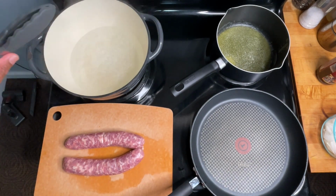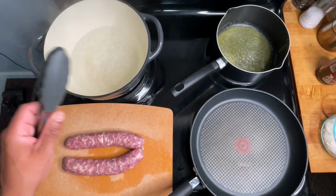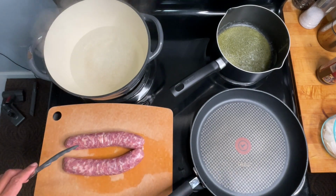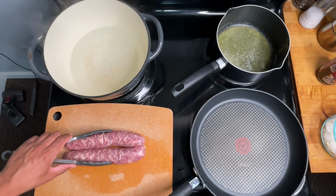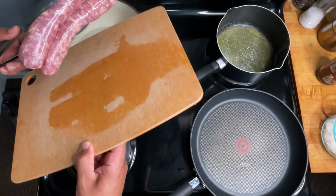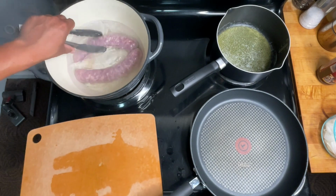But this will make sure that we cook our kielbasa through rather than just tossing it in the pan, because you'll end up browning it, burning it, but still potentially having a raw middle. So we just have enough water in here, ideally, to cover our kielbasa. So I've got my tongs here, and these are big boys. I got them from the Polish market. Woo! So perfect, that looks like a good